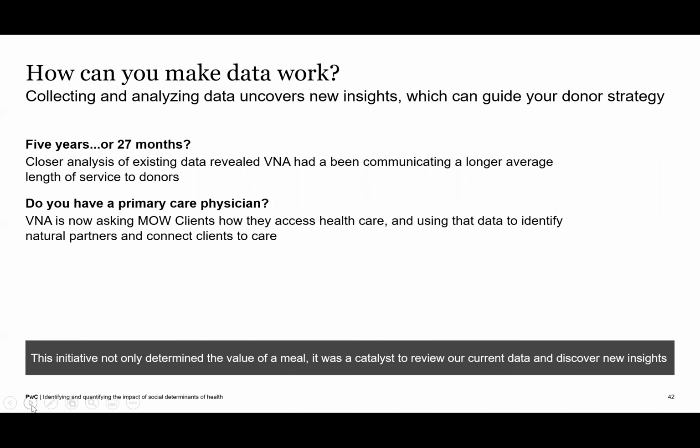What happens when you do that, of course, if you think about a Meals on Wheels population, is a good percentage of those folks say they use the hospital or an emergency room as their primary care physician. And by knowing that, we're able to work with our partners in the healthcare system to say, we have this many clients that have told us they're using you as their primary care physician. How can we work together to reduce some of the drag on your system, or emergency room visits or unintended admissions into your system,